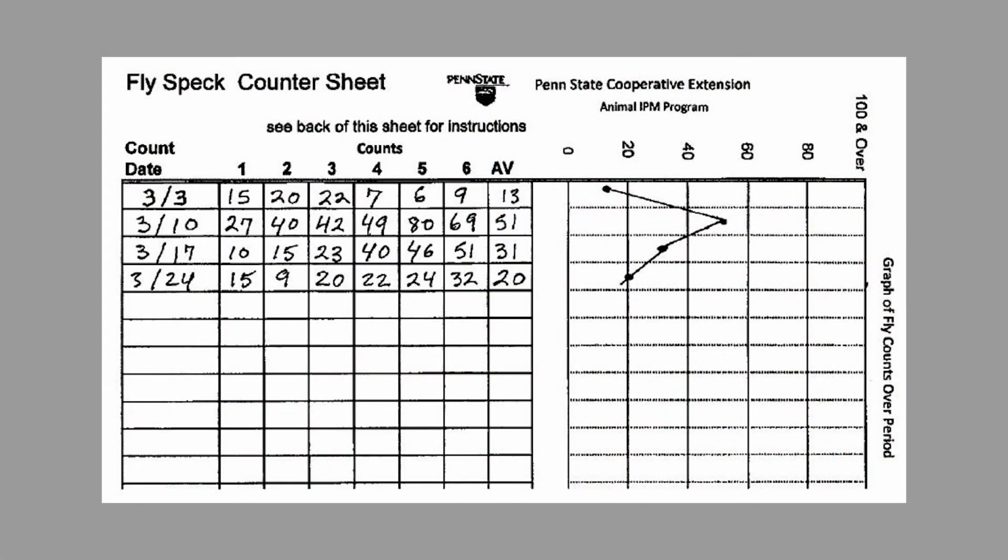Consistency is the key to accurate assessments of fly population numbers. Monitor in the same locations and at the same interval. Keeping records of your counts, like spots on spot card records as seen here, allows you to compare fly numbers within a specific time frame and shows you population trends over time.